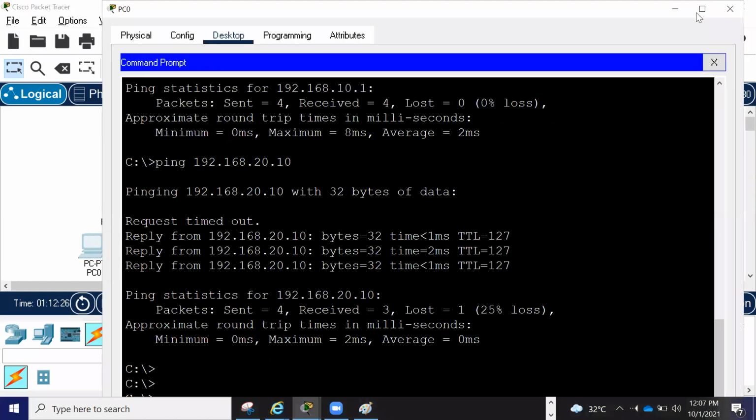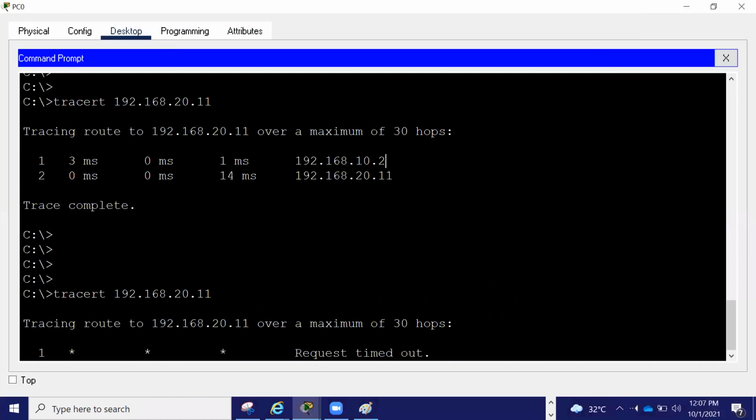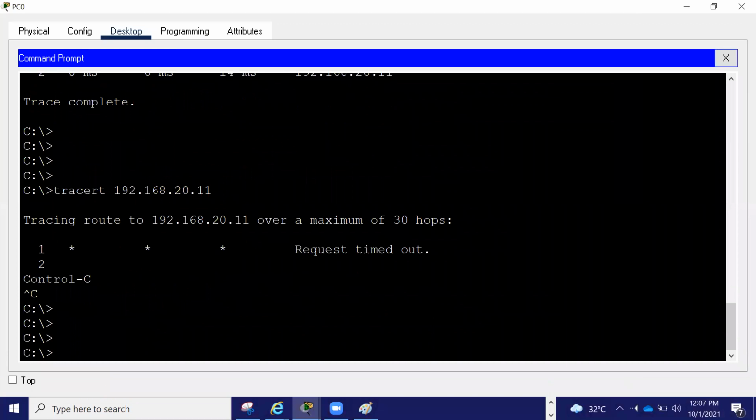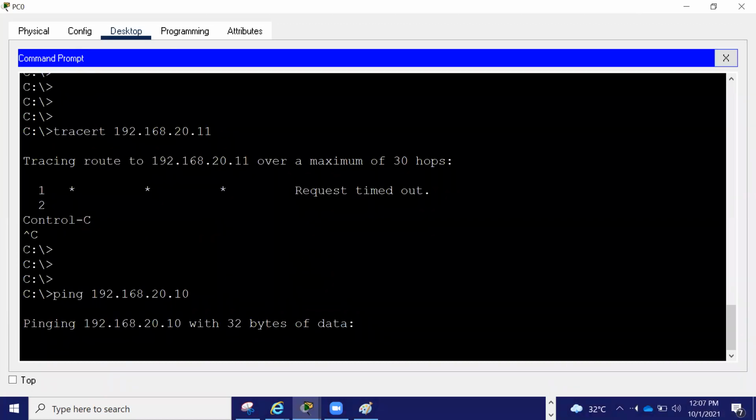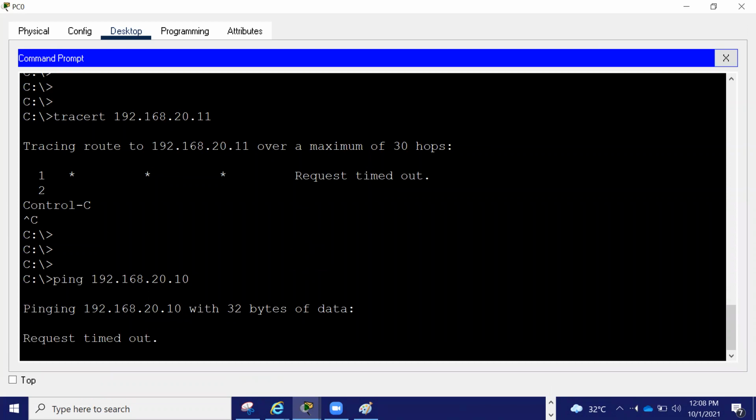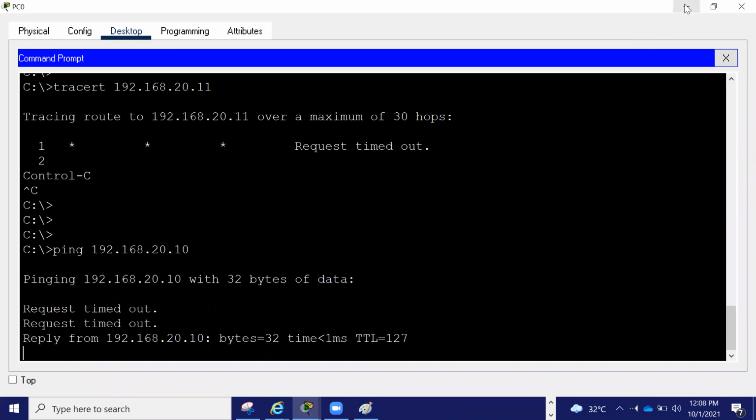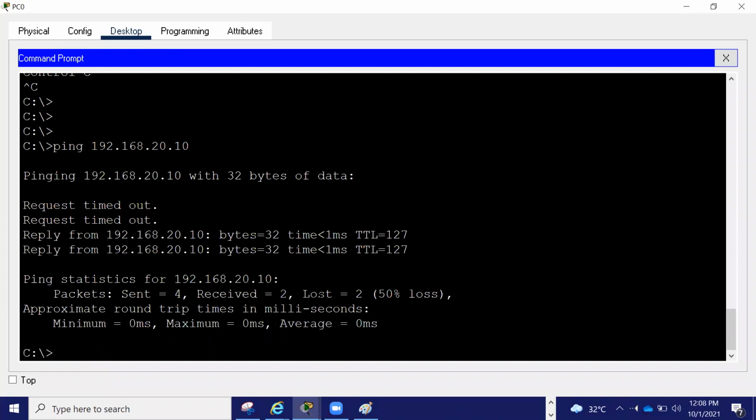When the switch went down, it's taking time to come back. If you want to ping, spanning tree is consuming time there. Not 30 seconds, 50 seconds. See, now it started pinging.